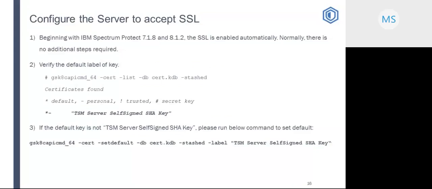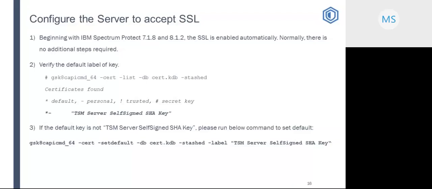Once you upgrade or install the Spectrum Protect server to 7.1.8 or 8.1.2 versions, you can verify the default label by running the following command, that is gsk8capi_64 -cert -list -db cert.kdb, the key database file of the server. Review the output and ensure the TSM server self-signed SHA key label is set as the default certificate. If it is not the default, then run the below command to set the key as the default.